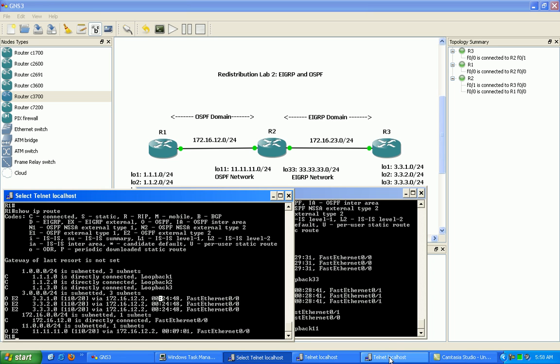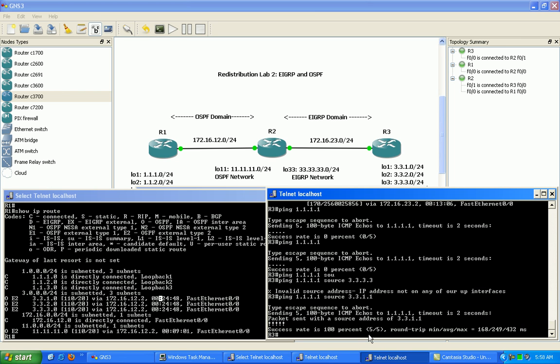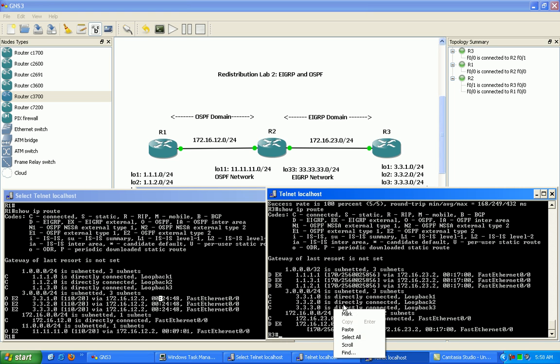So right now, if we go on to router 3 and do a show IP route, we should see the 12 network attached. But what I'm going to show you here in a minute by doing this redistribution of the connected interface into EIGRP, we're going to lose visibility of this route. Again, we can see this route on router 3 because it also